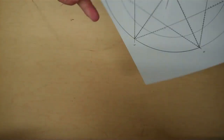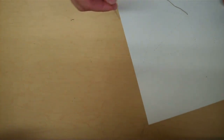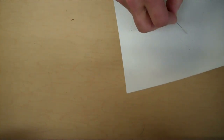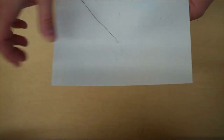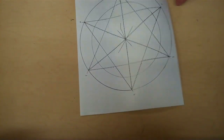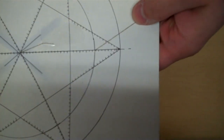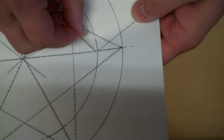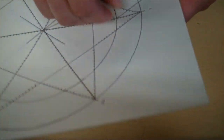So it's taped down, and what we're going to do is go from 1 to 3. So I'm going to go up to 1 at the very top hole, pull it through, and then there is a line underneath this. This is the next 1/8 inch mark. I'm going to go into that next hole, pull it through,